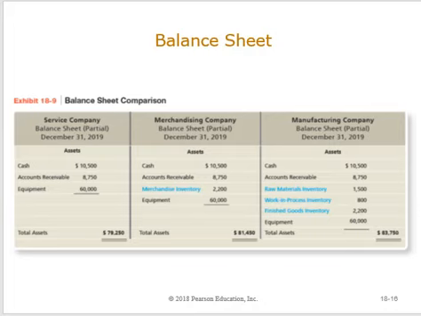Let me go to the next slide. Here's an example of just a service company. Their balance sheet is the first one. The second one is a merchandising company. Look at the merchandising. They just have inventory. That's it, because they're buying and reselling that inventory. Look at the manufacturing. They're breaking it out. They're breaking out raw materials, they're breaking out work in process, and they're breaking out finished goods. Those are all asset accounts. Okay, so write that in your notes. Raw materials, work in process, finished goods are asset accounts.